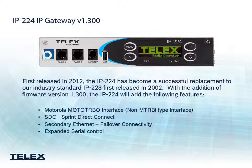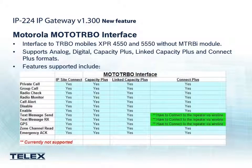This will support additional features and can be a direct interface to the mobile that does not require the MTRBI. Sprint Direct Connect, or SDC, interface for push-to-talk over cellular, a secondary Ethernet port supporting auto failover connectivity, and expanded serial control functions. The new Motorola Moto Turbo interface for the IP224 directly connects to the XPR 4550 and 5550